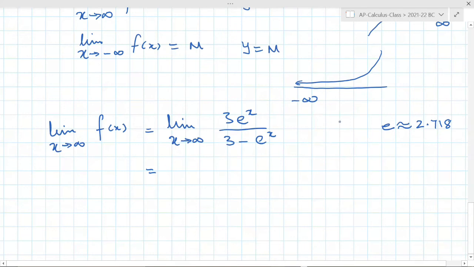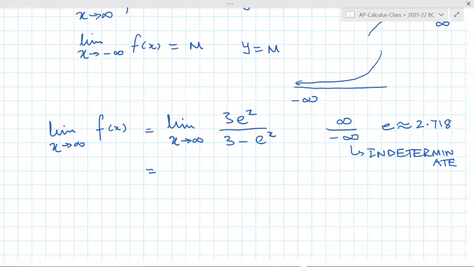Right? If I plug in infinity, what am I getting here? Infinite, 3 times infinity is infinity, and 3 minus infinity is like negative infinity. This is an indeterminate form. Indeterminate means it could be anything. You cannot tell what it is just by looking at it. Okay, so for situations like this, particularly when we're trying to find limits at infinity, we try to get the infinity in the denominator. Because if you have a finite thing divided by infinity, that becomes zero, right? You take a finite amount and divide it into infinite parts, then each part goes to very small, almost zero,